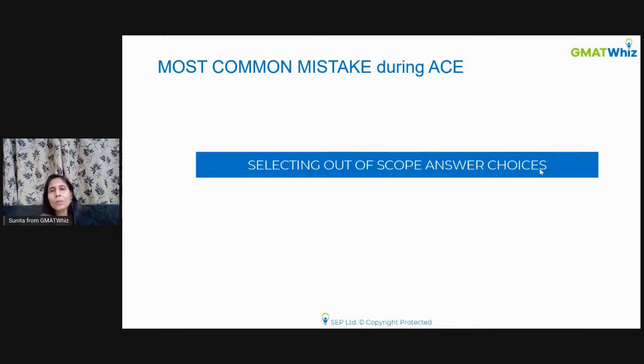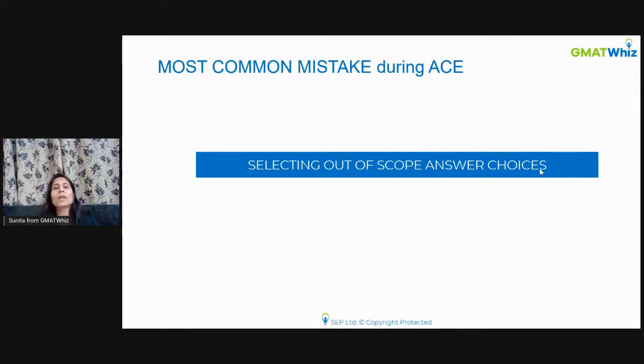This is a very frequently used term, but a very less understood term. And what you need to understand in order to mark the correct answer choices with proper reasoning is what it means when we say out of scope. What is the meaning of out of scope? Out of scope of what? All right, and